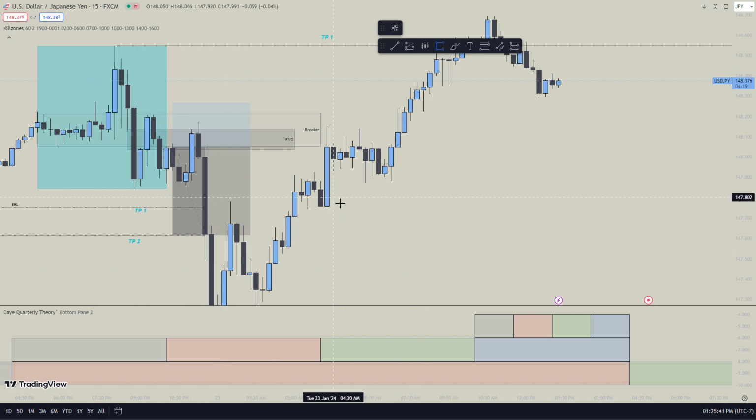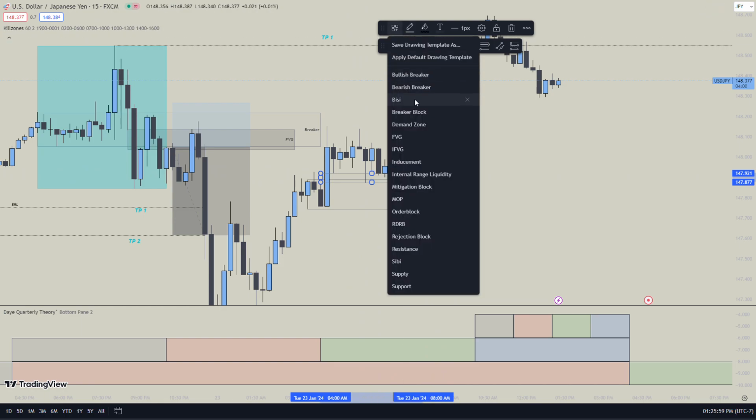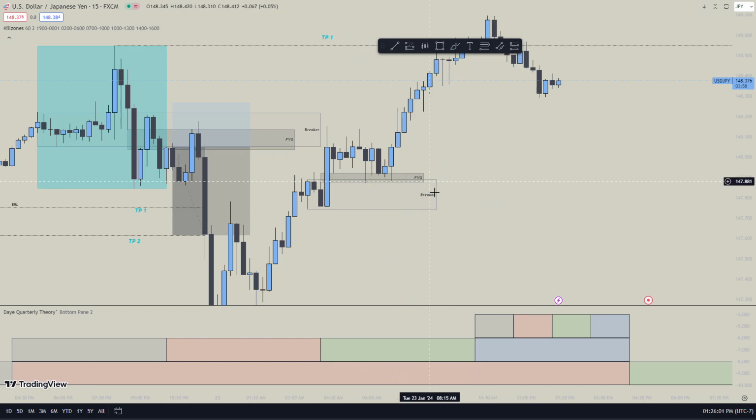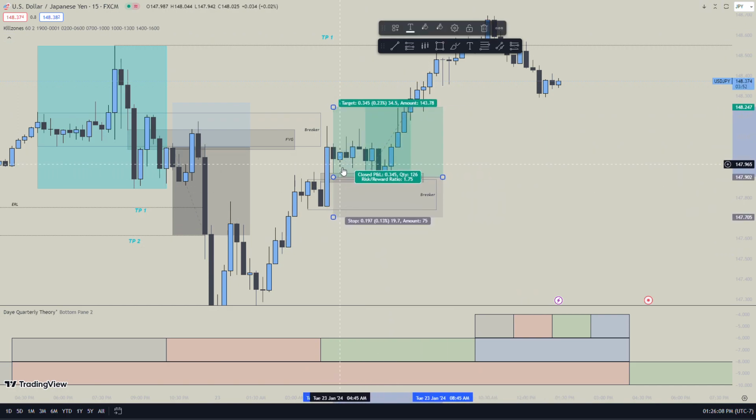So what I went ahead and did, if I was awake during this time, is I saw this unicorn model entry form yet again. So I would have put that as my breaker right there. So we have that breaker block, and within that breaker block, we had that fair value gap right there. So we had that fair value gap, and again, what would I have done? Enter here, take my long position, slightly below that level,